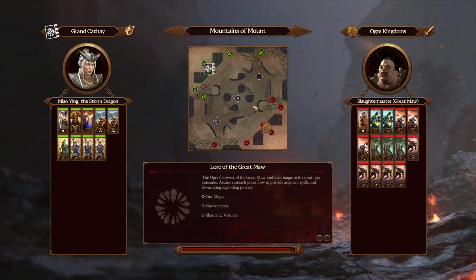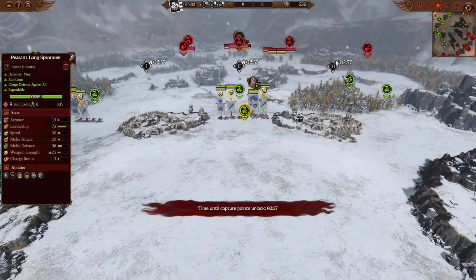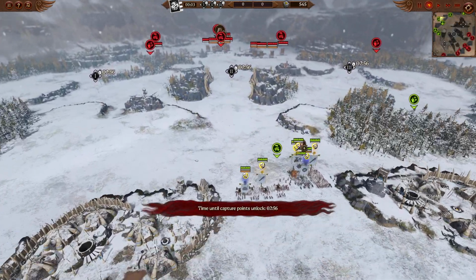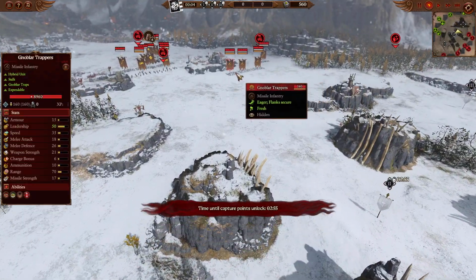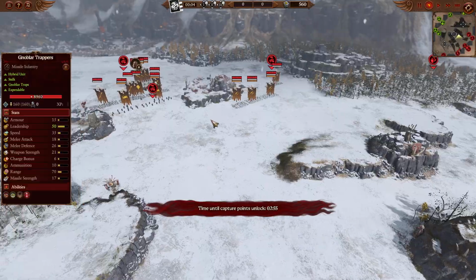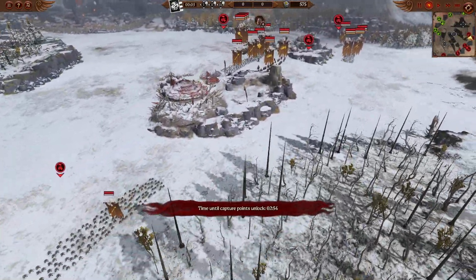Welcome everyone to an awesome game between Grand Cathay and the Ogre Kingdoms, with Hitman Hippo, that awesome name, leading Grand Cathay. So we're going to be starting here with the Ogre Kingdoms. On the right hand side we are going to have triple Noblar Trappers and an extra unit of the Noblars. Over on the left hand side, one unit of the regular Noblars, and then we're going to come with the